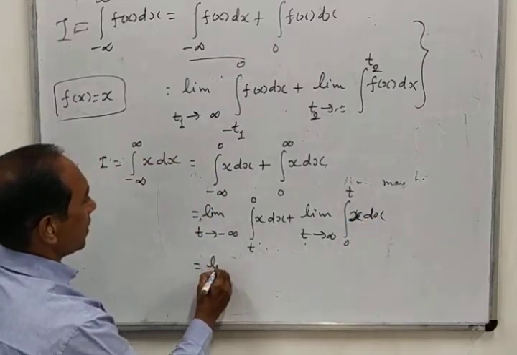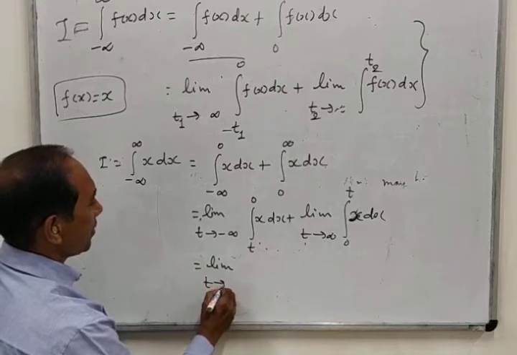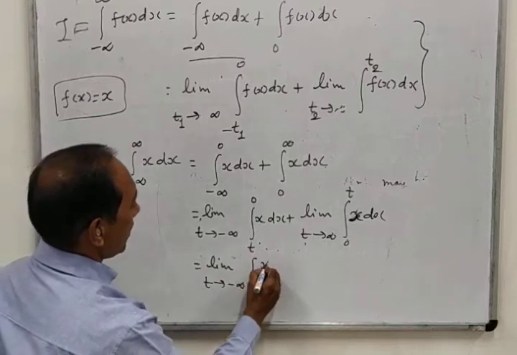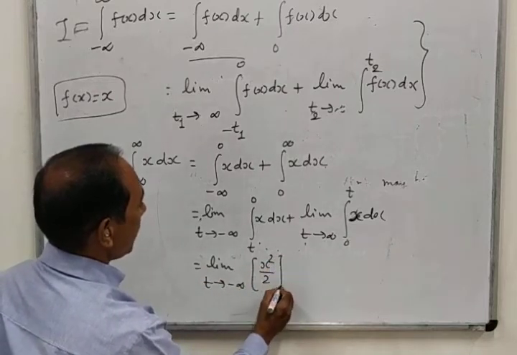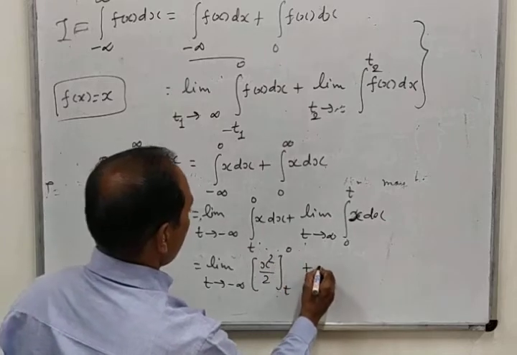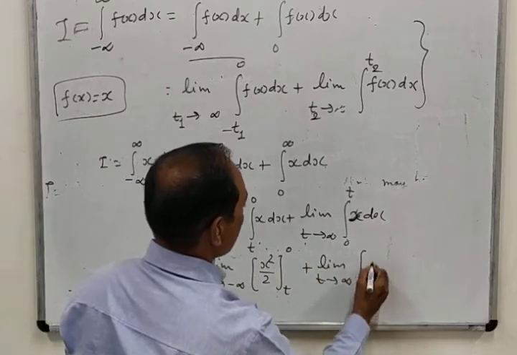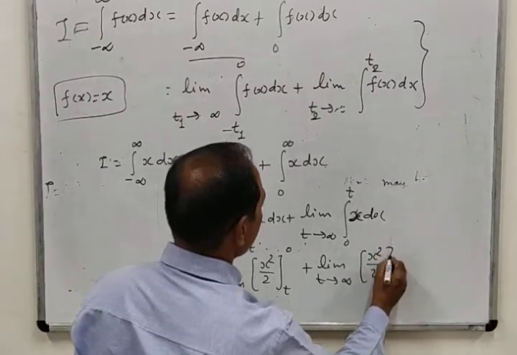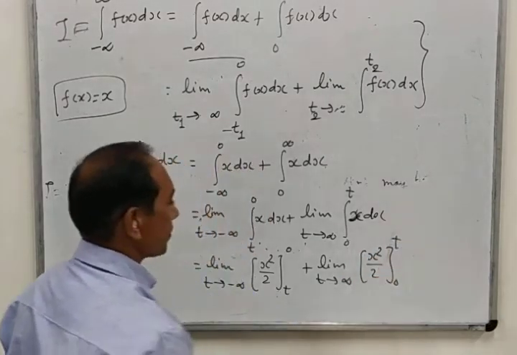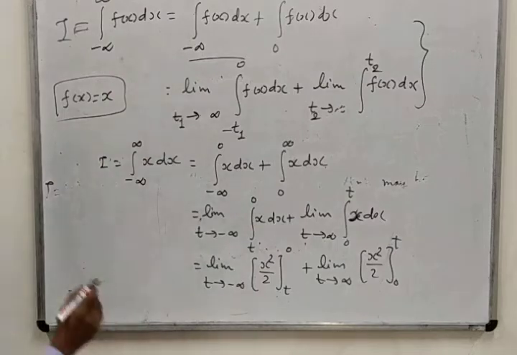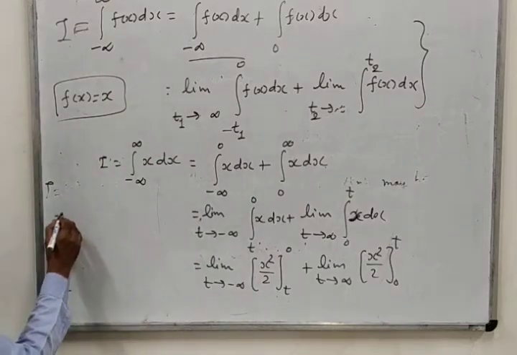So what will happen? This is limit t tends to minus infinity of the integration of x square by 2, from t to 0, plus limit t tends to infinity of, again, x square by 2. Integrations are very simple, but the understanding is very difficult. So what will happen? This is equal to